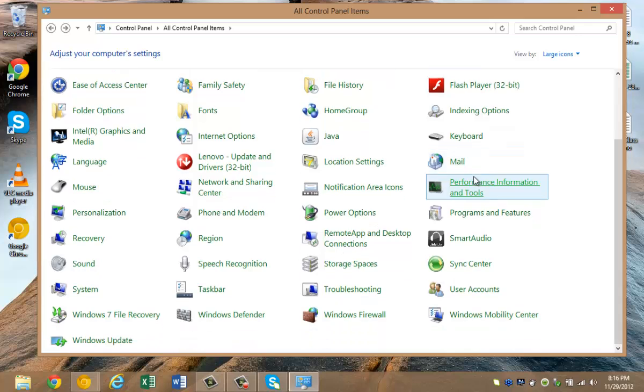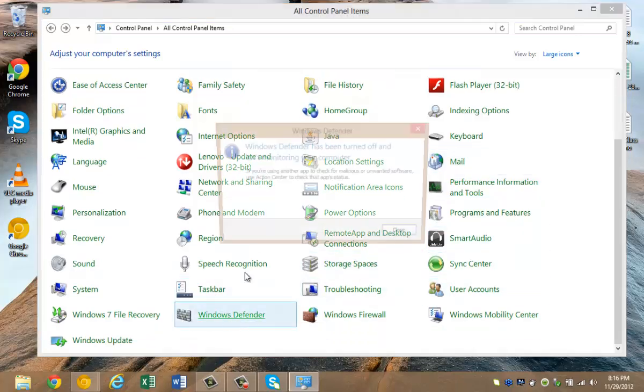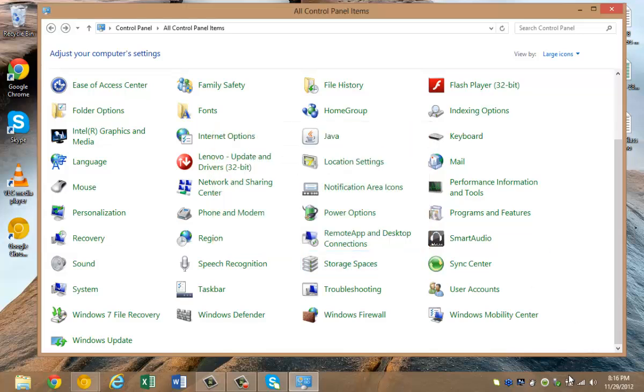Windows Defender. This has been around since Windows Vista, but it's been improved. I have it turned off because I use a professional antivirus product on here, NOD32, but if you don't have a professional antivirus product and all you want to use is Windows Defender, you're probably going to be okay. I'm not going to go out and recommend it because I still do recommend a full antivirus product like ESET's